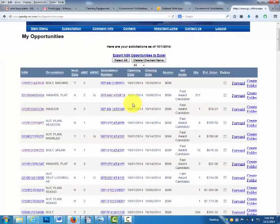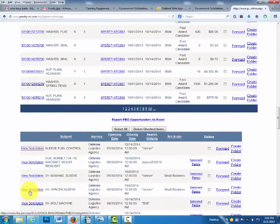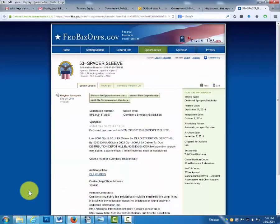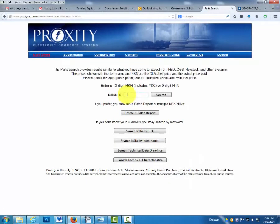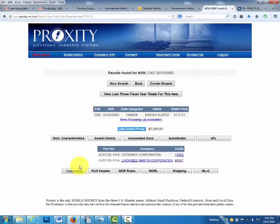This list is broken into two parts. The top portion is for DLA's DIBs. The lower portion of the list is for FedBizOps and state and local opportunities. Here's a FedBizOps opportunity that has a national stock number associated with it. We are able to search by NSN when you put in the national stock number, and again you'll be brought